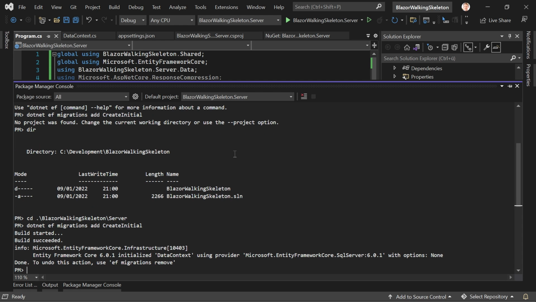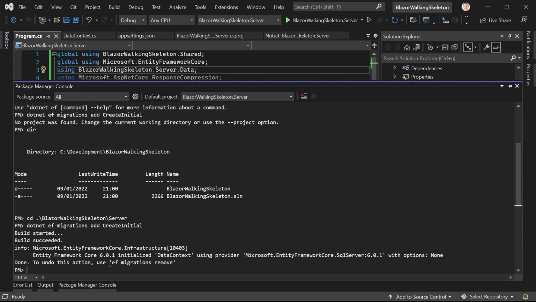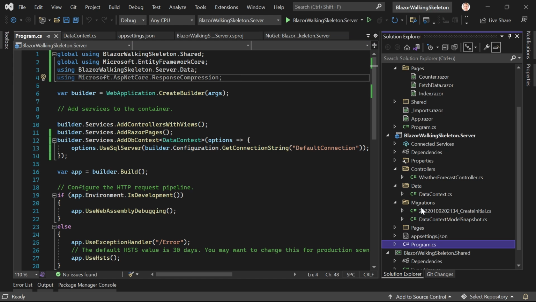Build succeeded. Great. All right. So we've got our migration. You see it here. I just read this comment again. And here you can see that if you did something wrong or forgot something, then you can remove this migration. But thing is, when you updated the database with that migration, you cannot remove it just by using this command. Then you would have to make some modifications to the database, and then you can remove it again. But for now, if you now have a look